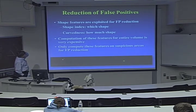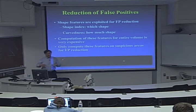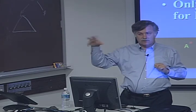And we just look at shape index and curvedness. You can look at others, and that helps us to reduce the numbers. And again, I want to emphasize, we're not doing shape analysis on the entire column. We're doing shape analysis only on those that we found in the clustering algorithm. So let me